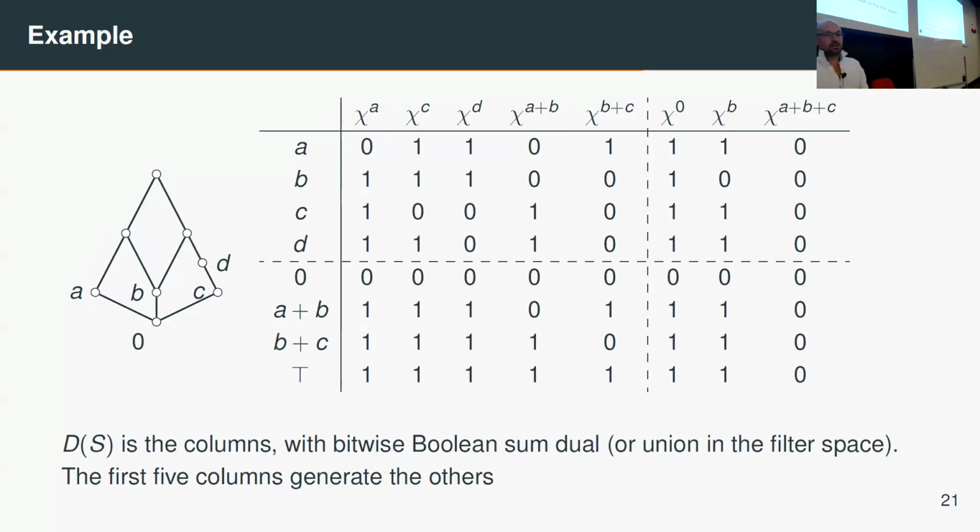But beautifully, the original is just taking the rows and taking bitwise sum. And that's the second dual. So the dual of the dual is just what you get by looking at the rows here. And it's just, of course, what we started with. So you can see if you take A, here's A and here's B, A plus B is down here, and indeed 0 plus 1 is 1, 1 plus 1 is 1, and so on. You can check all of these.